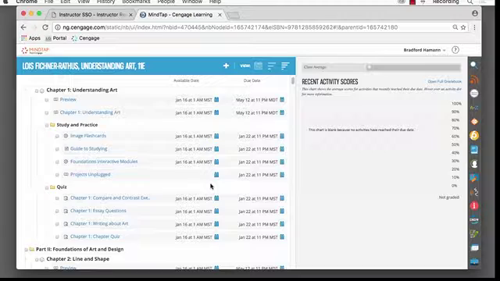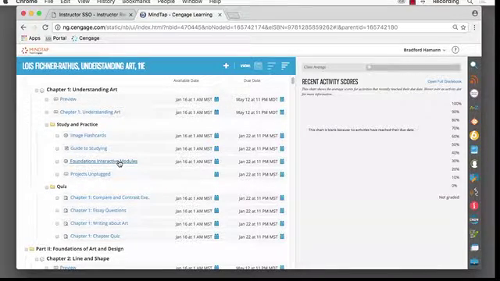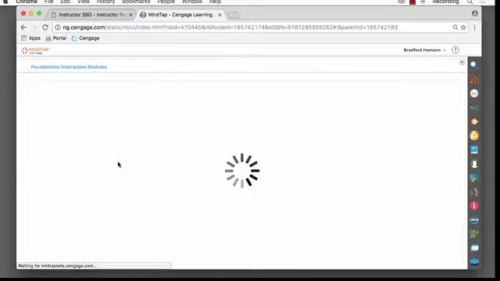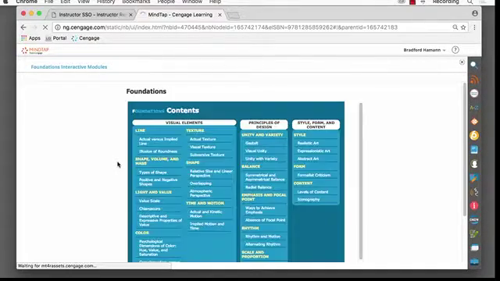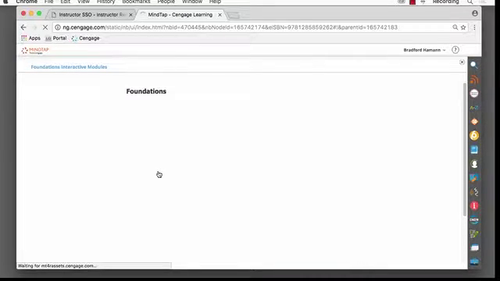All right, next are Foundations interactive modules. And this is kind of a menu of terminology, examples. For instance, in the first chapter, the author talks about types of shapes. So you click on that and it gives you